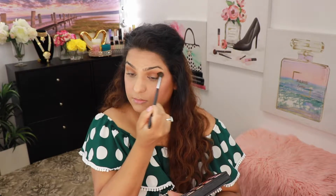Once I've blended it out and I like the way it looks, I am going to take this eyeshadow stick from Laura Mercier, and this is in the shade Jungle. I love to work with the cream sticks because they just make your life so much easier. I'm going to apply this starting at the inner corner of my eye, and I'm not really going to take it all the way. What I'm going to do is stop right there,